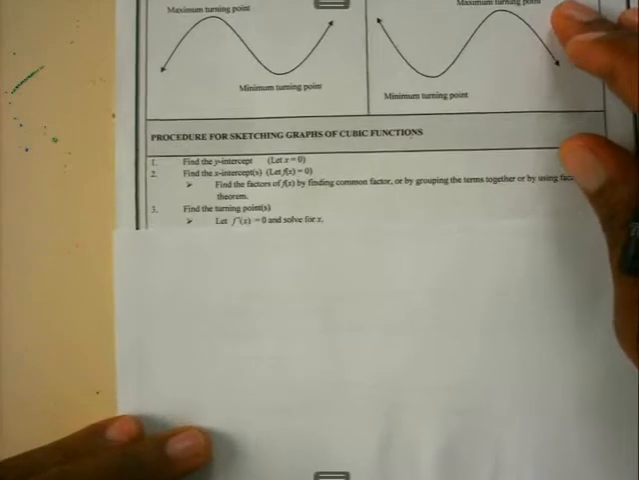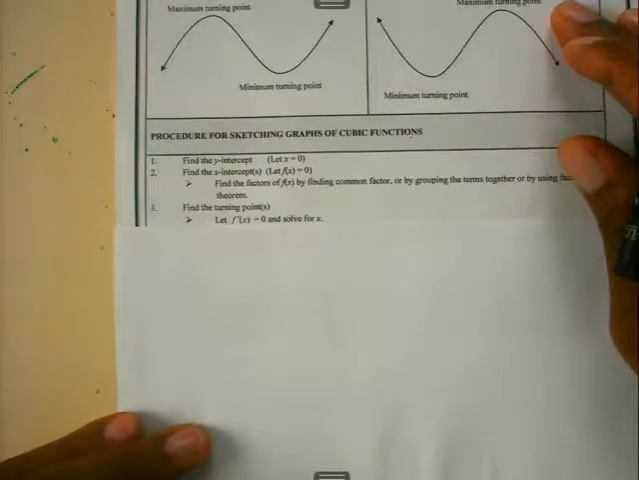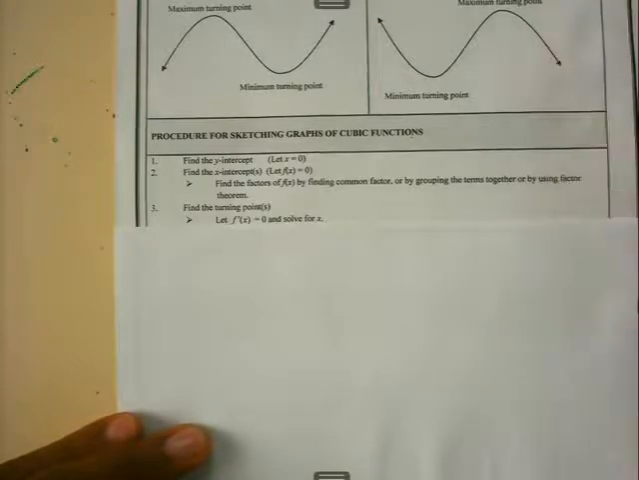Here, what you must do first is find the derivative. You find f prime of x, and then you let f prime of x be 0. It means when you are finding the turning points of the cubic function, you need to have the derivative, f prime of x, then you let f prime of x be